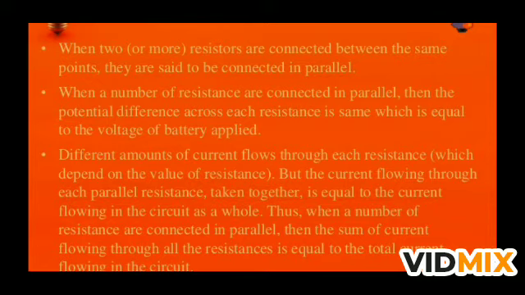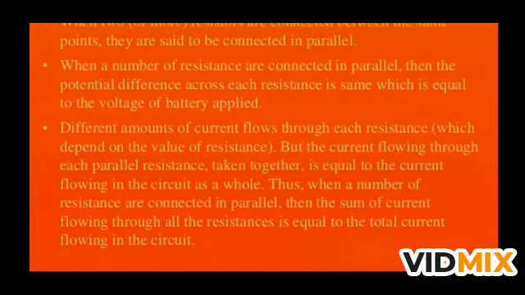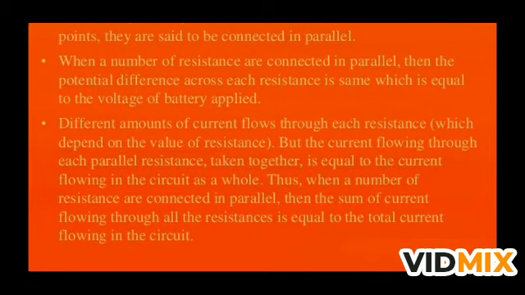When you add all three resistances with the battery or cell, you find that the potential difference across each is the same. In the previous case, the potential divides, but here the potential remains the same across all the resistances. So a different amount of current flows through each resistance. Here the current flow is different, and in that case the current is the same. Here the potential is the same and the current divides, and in that case the potential divides and the current is the same.